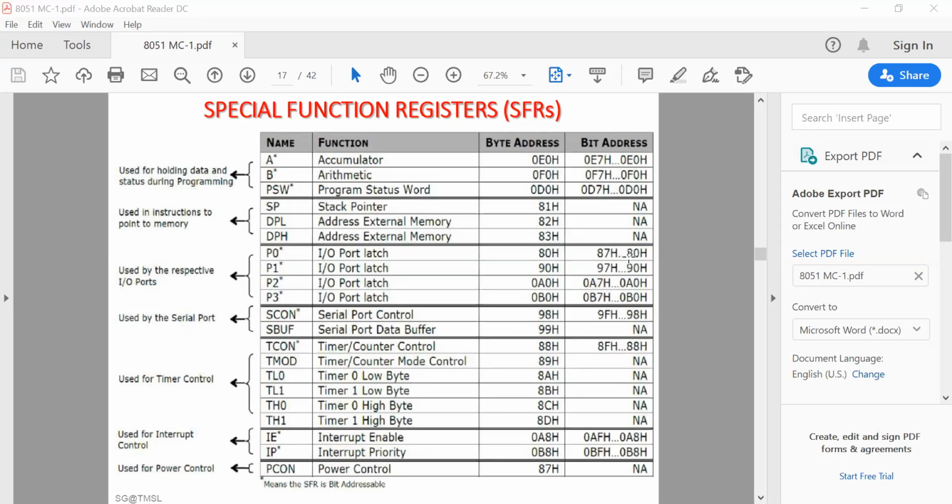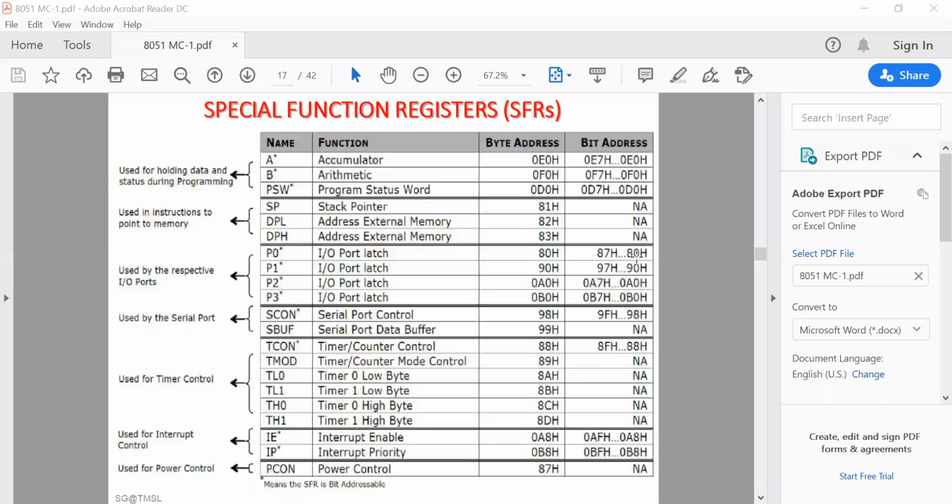The next point is a bit operation. A bit operation at 80 will affect only P0.0. It doesn't affect P0.1, because the P0.0 address is given as 80 and the P0.1 address is given as 81. So if it is given such an example, like SETB, write down SETB, all in capital letters, SETB P0.0.